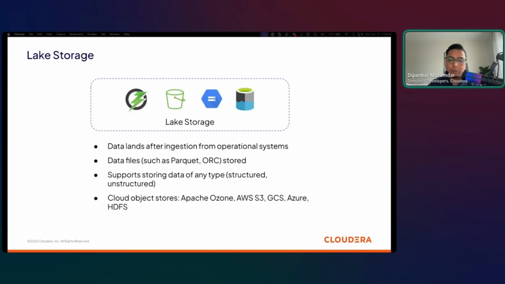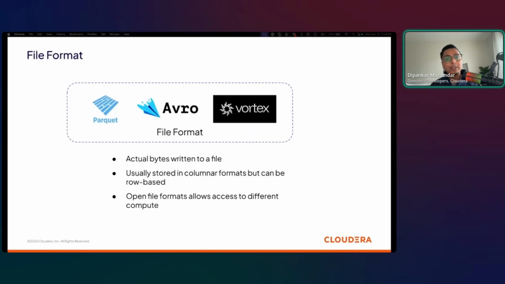And there are different vendors, of course, like S3, but there are also open source projects like Apache Ozone. Next is the file format. The file format is where your actual data is being written, right? Those bytes are basically stored, right? And these are columnar or row fashion, depending on the nature of workloads. But again, why you need your file format to be open is because this is where your actual data resides, right? The data files. So it's very important that you think of this as an open layer as well.